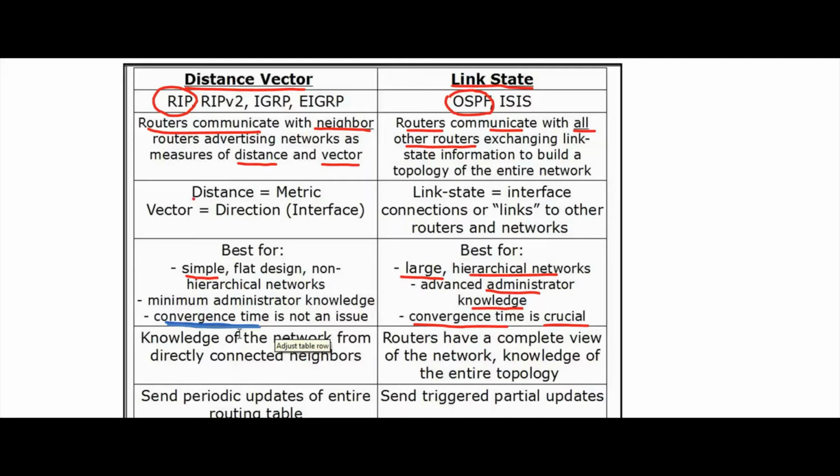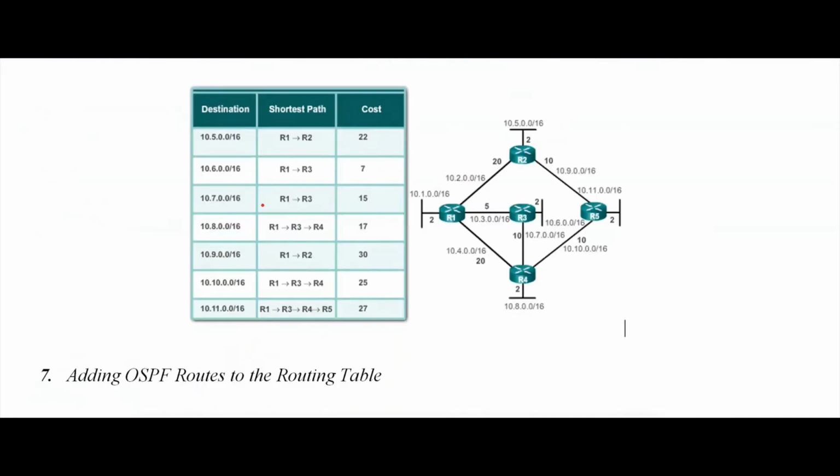Here, we are using the distance and metric. Distance is equal to metric. What is distance? Here you are going to use a concept called distance. What does distance mean? You can see here, I'll explain. I want to go from R2 to R3. I want to travel from R2 to R3.